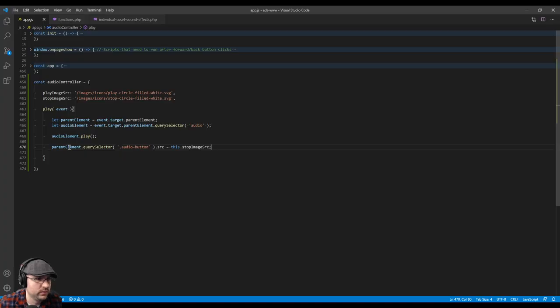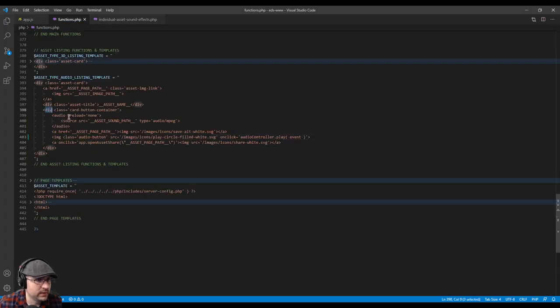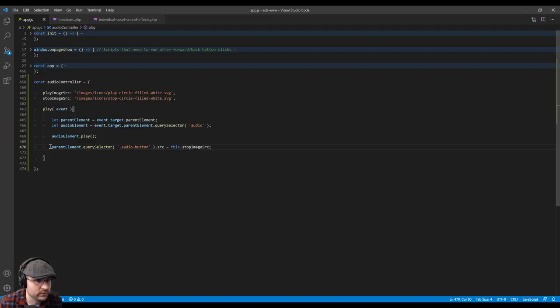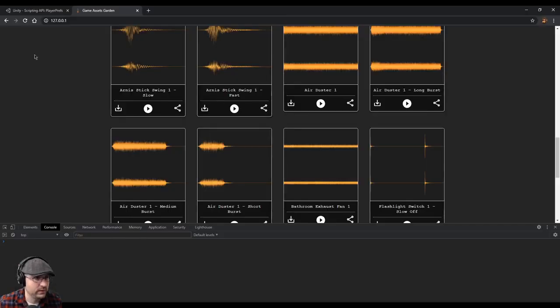All right, so the reason I'm doing this is because just in case I use a different type of element other than an image for the actual event, I want to just make sure that I pop up to the parent class and then just do a search for the class that I have assigned for the element that has the functionality, right? So that's what I'm doing. I'm going up to the parent, finding the class that I need to look for, and then setting the source for that. All right. So now if we save that and refresh,